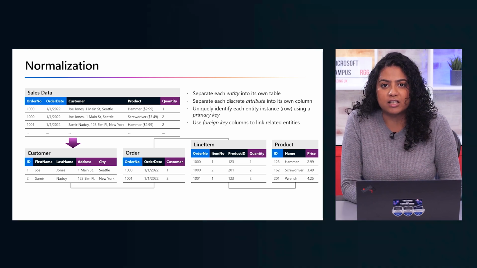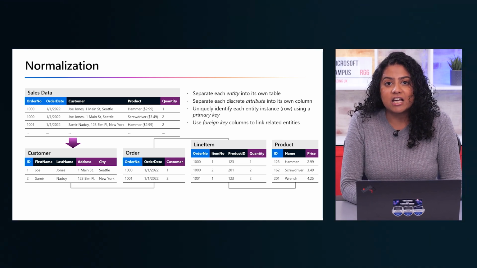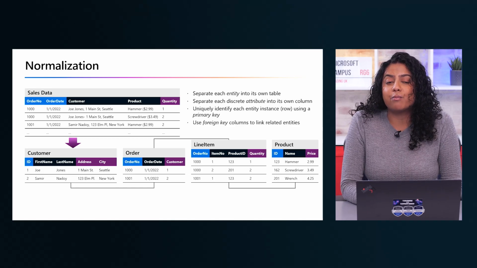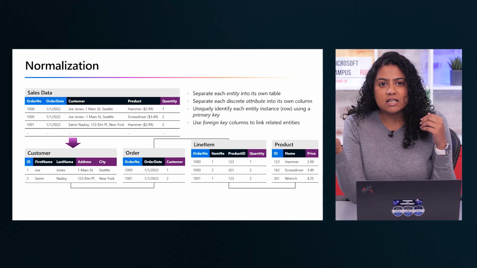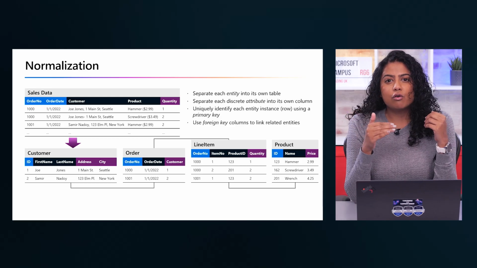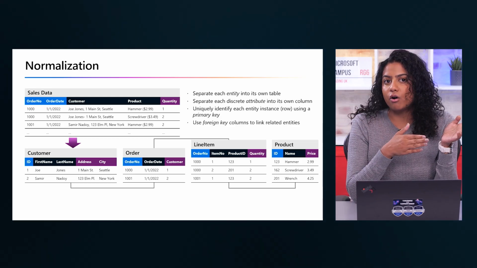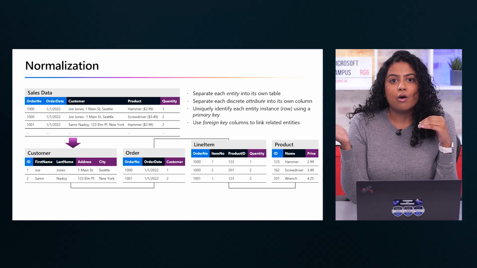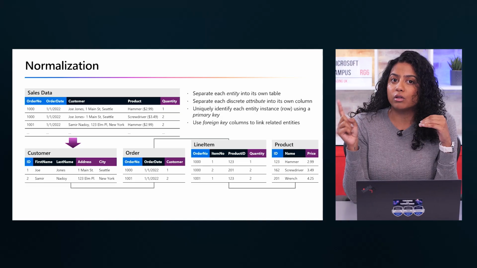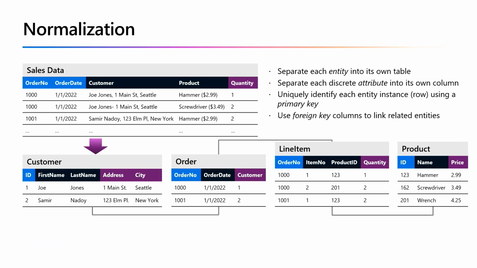But here's the real magic. Each of these tables is tied together using something called a primary key. Think of it like a unique ID for each entry. So instead of repeating a customer's details for every order, we store the customer's ID in the sales order table, and that ID links it back to the customer's table where their full details are stored only once. Need to know a customer's address for an order? No problem. Just look it up using their customer ID. This approach keeps your data clean,